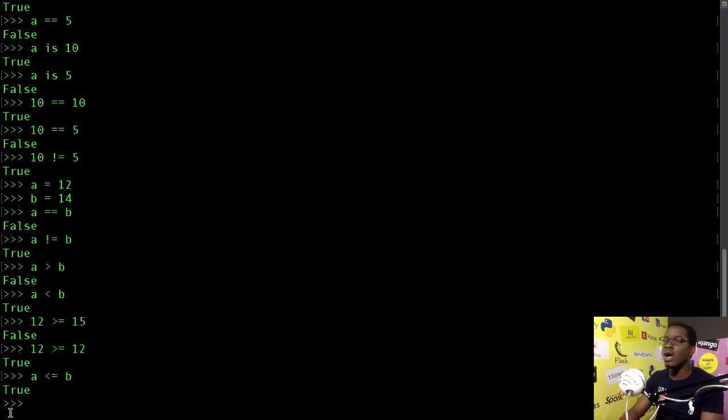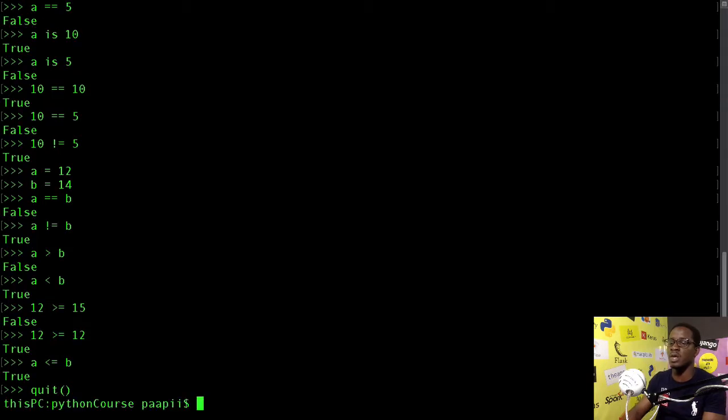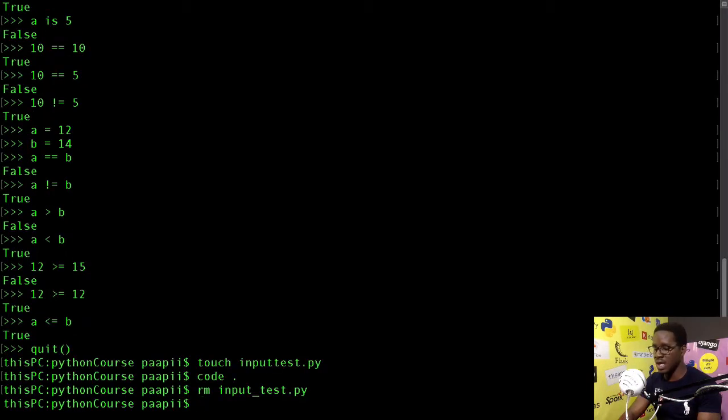Now, how can we use this? I'll come out of this again and we are going to build a simple program in this case to try to explain them. We're going to make an app which checks your age to see if you are eligible to vote or not. I think that is a very simple app we can make using comparison operators and the rest of them. So we're going to call this file